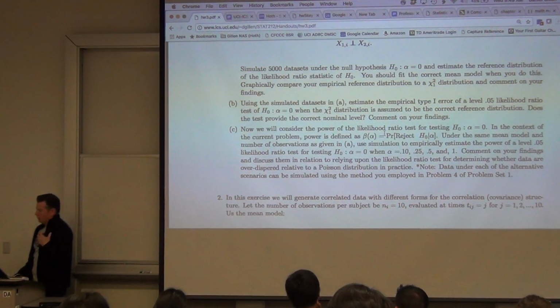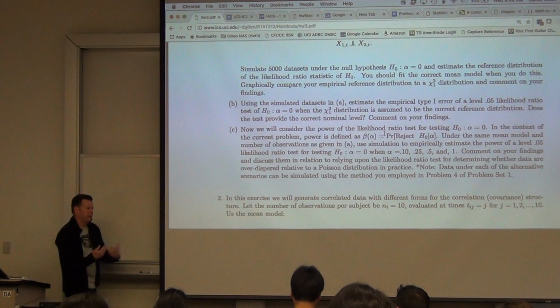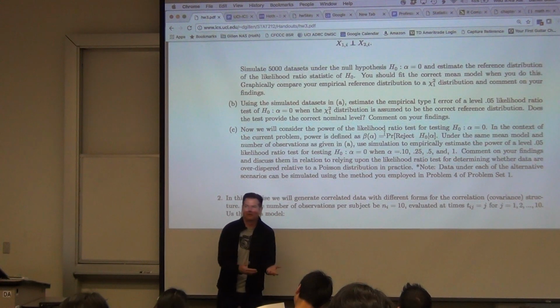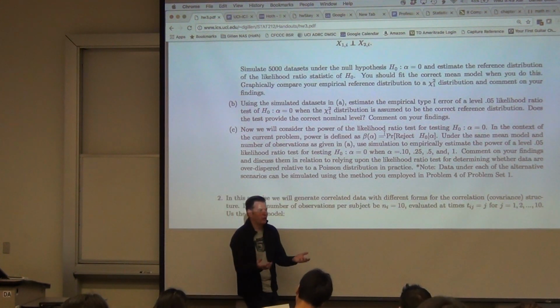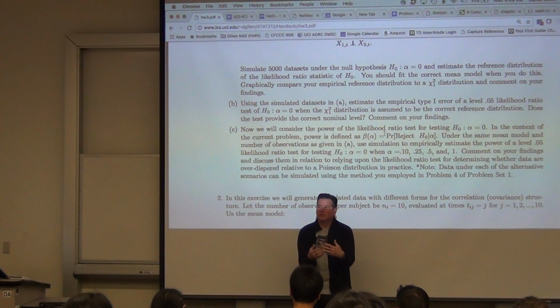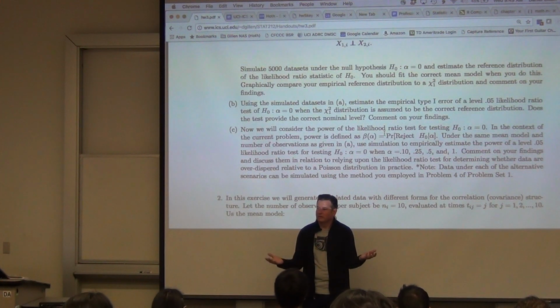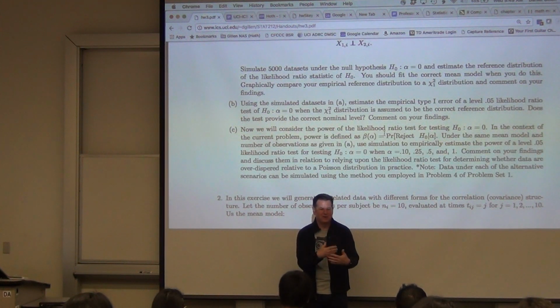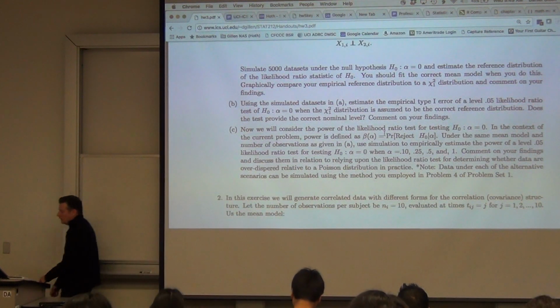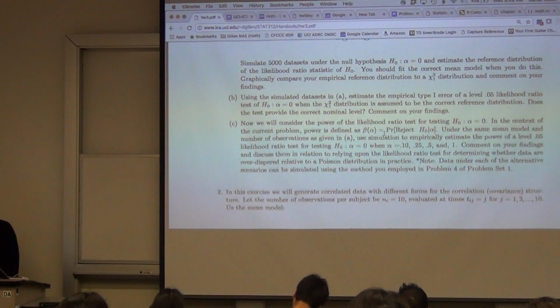If you think back to my comments about diagnostics, when you're doing that likelihood ratio test, you're doing a diagnostic. You're asking, am I okay going with a Poisson distribution? In other words, do I have overdispersion relative to that? All diagnostic tests condition upon your current model, so in this case, they condition upon you having Poisson distributed data. And I've always tried to make you aware that you have to be wary of underpowered tests. That means maybe you just don't have enough data or precision to tell you that you're different from what your assumption is about being right on the model. So that's the whole point of having you look at power in this case. All right.